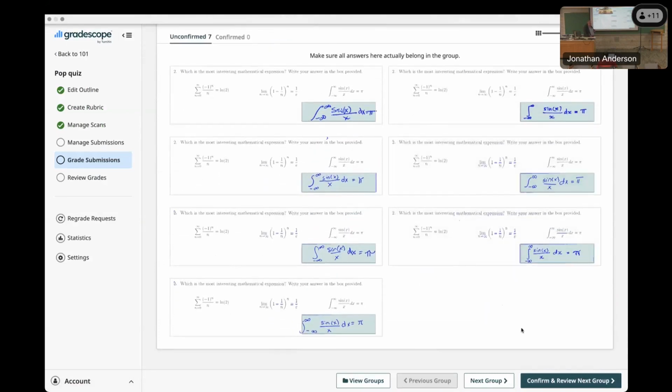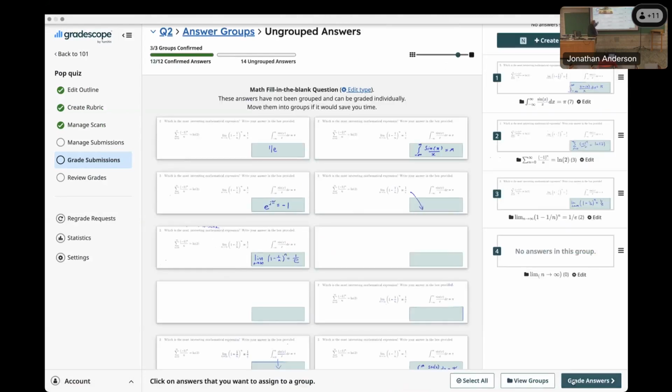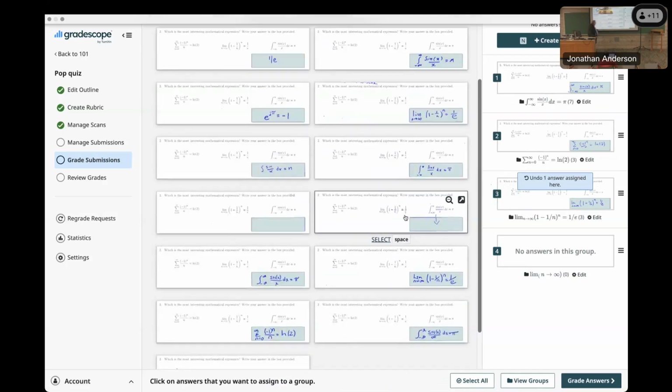I teach a logic course, and I have people write a sentence, and it analyzes a sentence, right? So you can group by whatever the common thread is. And so again, we go through the same process of auditing the groups to make sure they're the same. And obviously, we kick out that person because they didn't actually do it. And we kick out this person